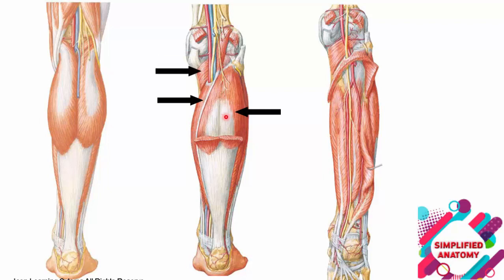After removal of the soleus muscle in this diagram, you can see the last three muscles in the back of the leg. This tendon arises from the fibula and goes to the big toe, and is called flexor hallucis longus. This tendon arises from the tibia, called flexor digitorum longus, and from the tibia and fibula this muscle is called tibialis posterior.